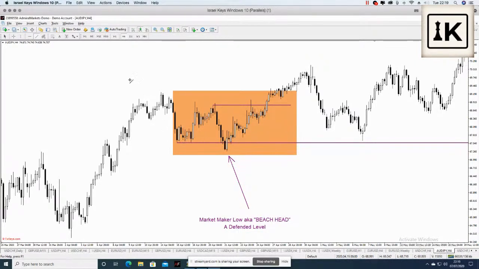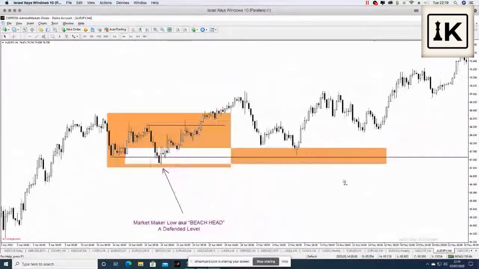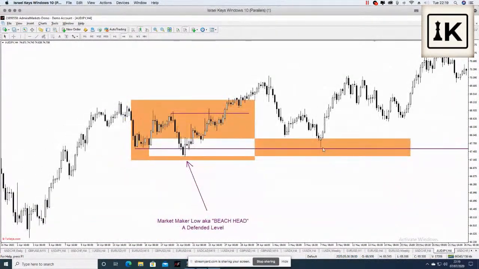Therefore, this zone here, let me show you this. All the way from the last order block, this one here, before that was blown out, to the bottom of that low, that's a super order block in the future. It is very unlikely to be breached anytime soon. If I zoom that in,